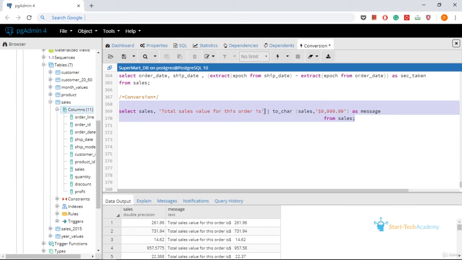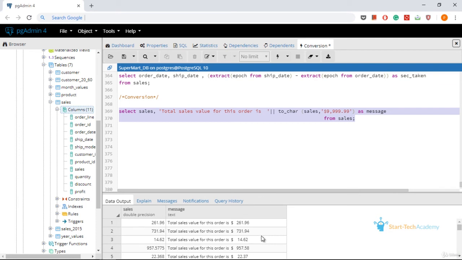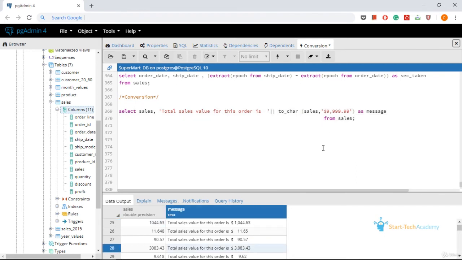There is a space and you have the value also. If you want to get extra spaces, you can just add extra spaces in that text that we had. Now it will have extra spaces, dollar, the value, and within the value, if there is any 4-digit number, we'll get the comma also. Let us scroll down to find if there is any 4-digit here. So you can see 1,044. So that comma is also coming. So this is how we are converting a number to a string.